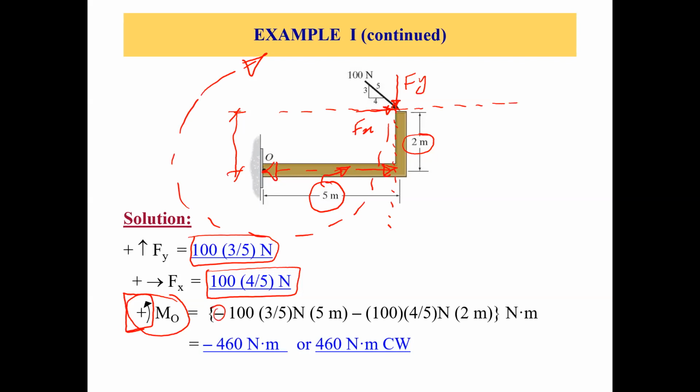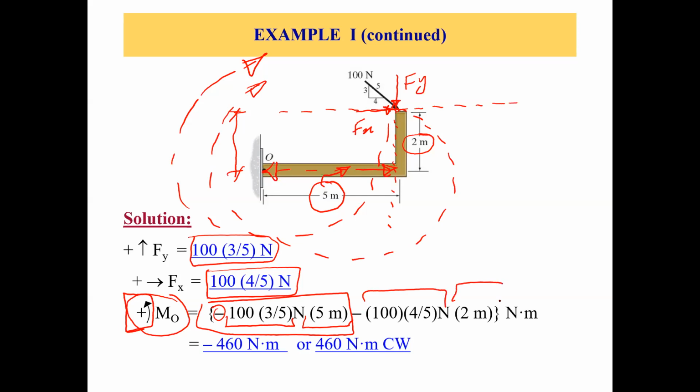So we have a negative sign here. We have 100 times 3 by 5, which is Fy, times 5 meter, which is the moment arm, right? Okay, so this is the moment due to Fy. Now, if you look at Fx, Fx is also creating a clockwise moment, right? So that's why we have a negative